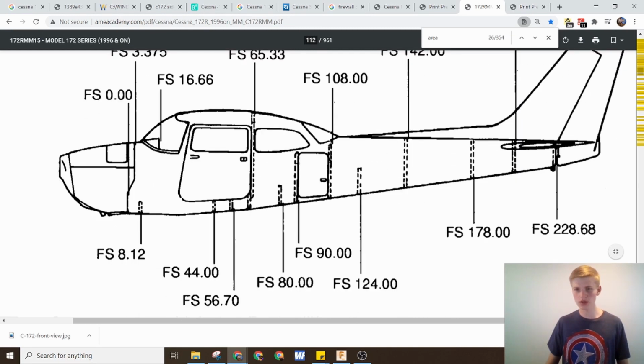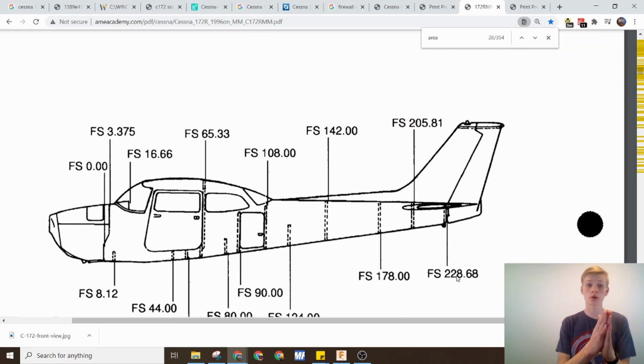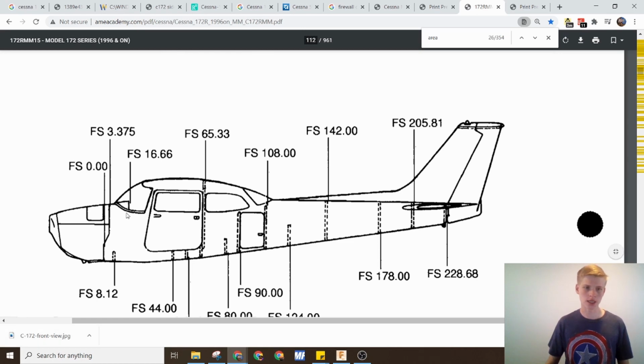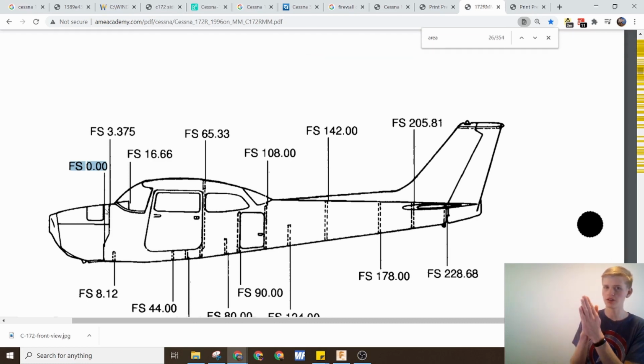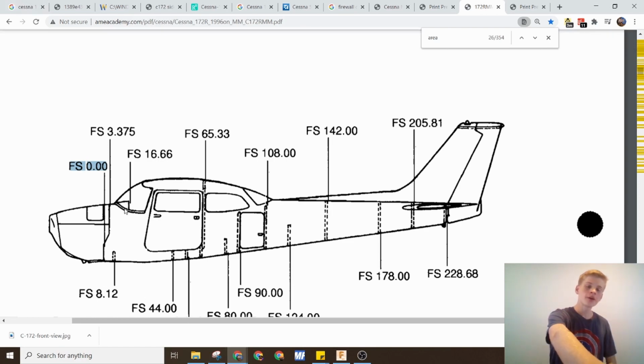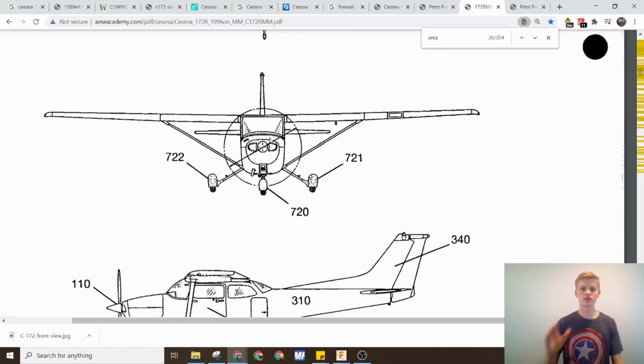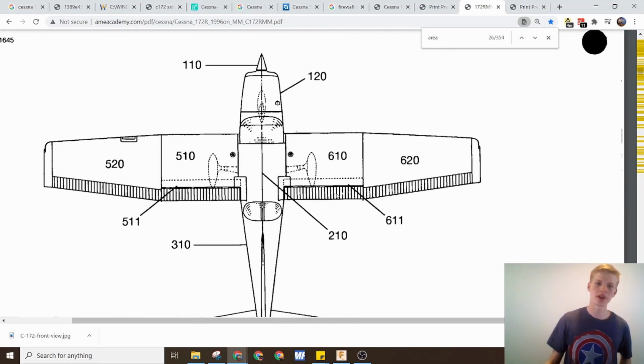We have dimensions up here. This is another thing that I want to have in my simulator. These are called forward stations. Every inch forward of the firewall is an inch. So FS 0 is forward station 0, or the firewall, and that's where I start the beginning of section 2. I can use this profile along with this image to kind of just cut into space and see how big